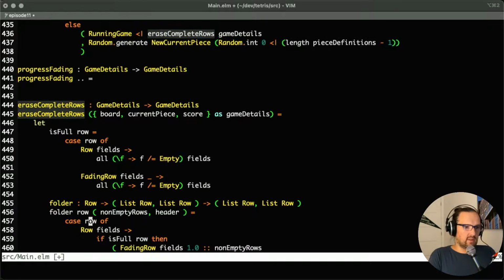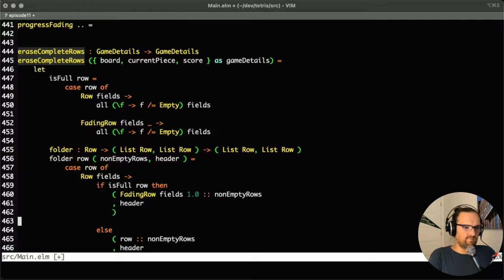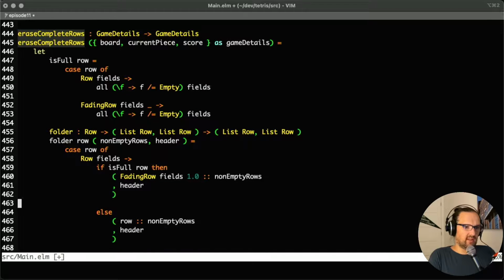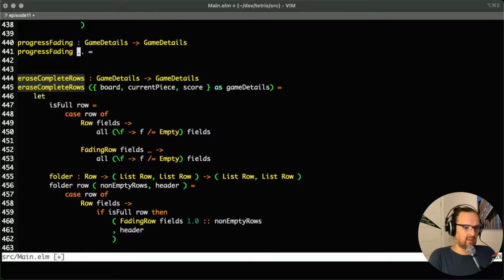I will... Well, I don't have to remove anything, so it should be just a map over the rows, right? So let's grab the board, or let's